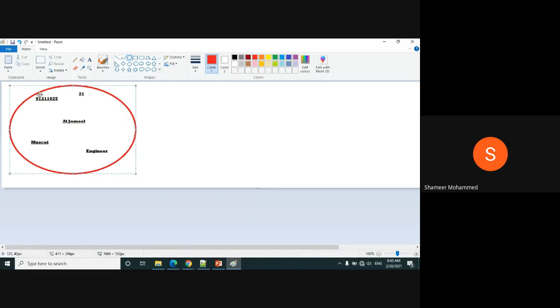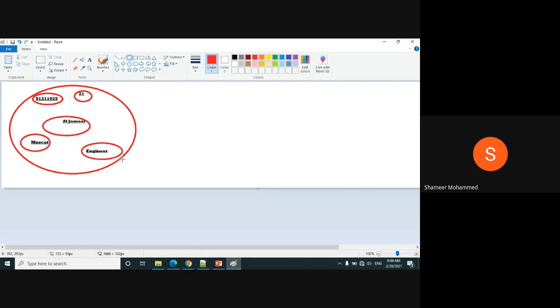I have here something called this number. I don't know whether this is a mobile number or your ID card number, or I don't know what is this one, student ID. What is this? This is your age or your salary or your date of birth. Or this is your house number or this is your car number. I don't know. Just this is data. This is data. This is data.